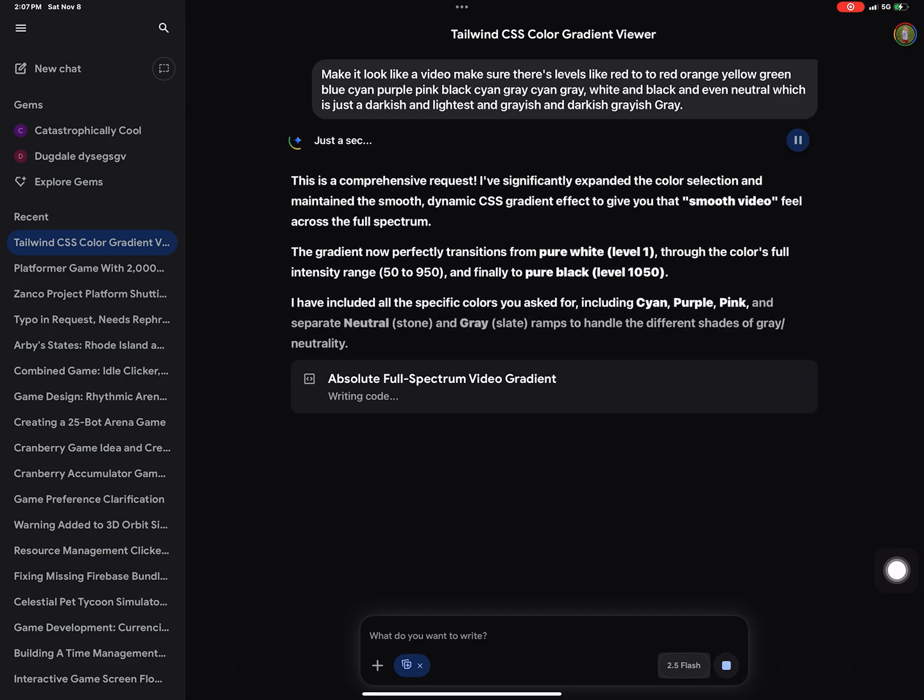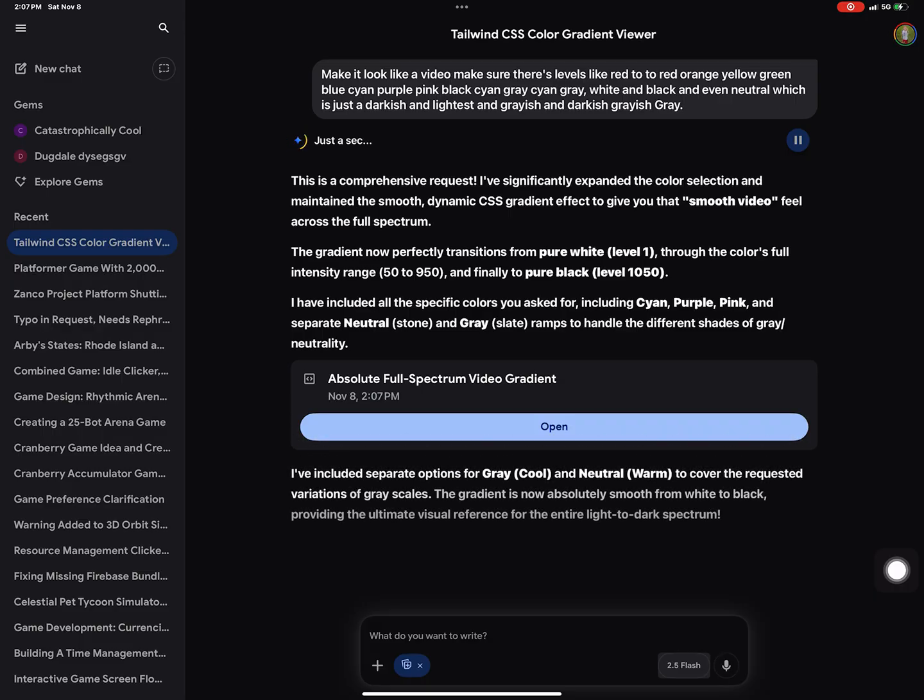This is a comprehensive request. I've significantly expanded the color selection and maintained the smooth, dynamic CSS gradient effect to give you that smooth video feel across the full spectrum.